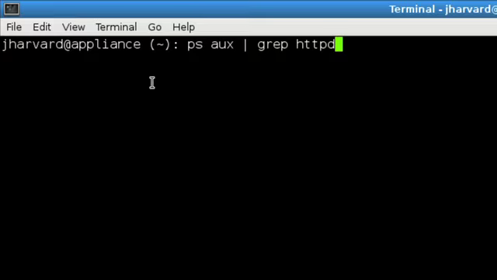The pipe means send the output of ps to the command grep, and the grep command is like a find command. So I'm saying spit out the process list, all the running programs on the system, like the activity monitor or the task manager in macOS and Windows, respectively, and then pass that output to grep and search for HTTPD.